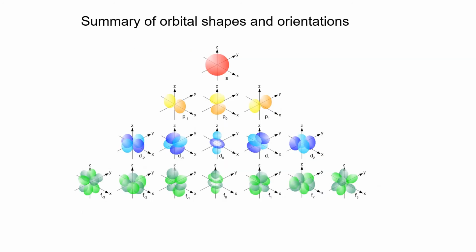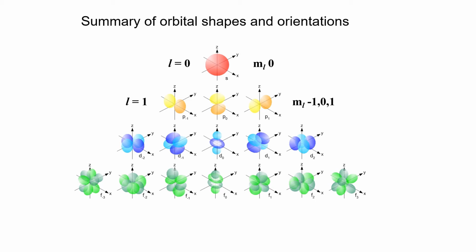In this summary of orbital shapes and orientations, we're going to start with the s orbital. L equals 0 indicates s, and ml must be 0. This is an actual indicator that s does not have multiple orientations. It's a sphere, and no matter what direction we look at it from, it will look the same. L equals 1 designates the p orbital, and since ml has 3 discrete values, we have 3 different orientations of